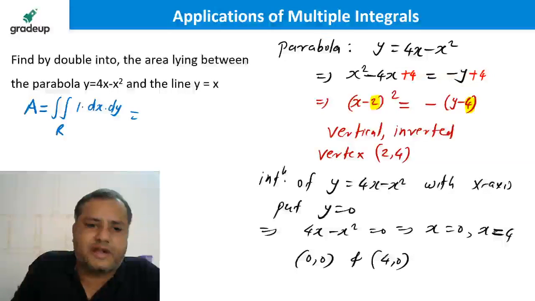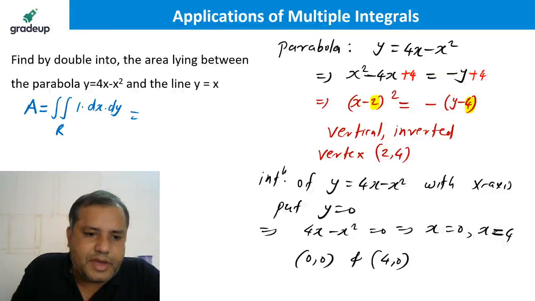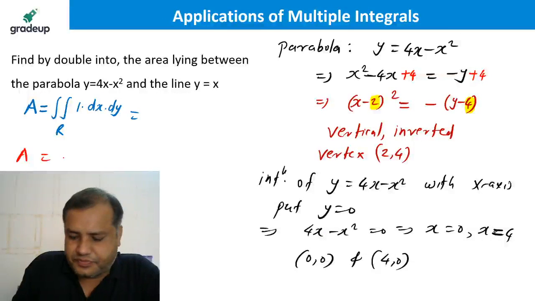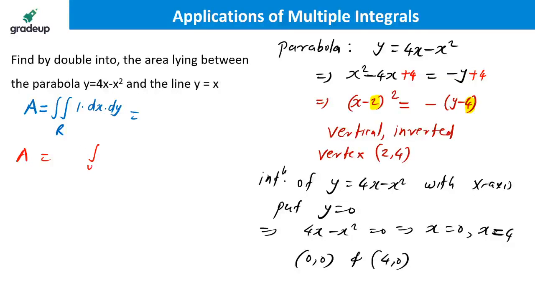We want to integrate first with respect to y. So y1 to y2 will be the inner integral, and of course x1 to x2 will be the outer integral. Now tell me, what are the limits of y1 and y2? Already we determined x and 4x minus x square. x1, x2 are 0 and 3. I think now all of you can solve this. This is just a 12th standard level question.